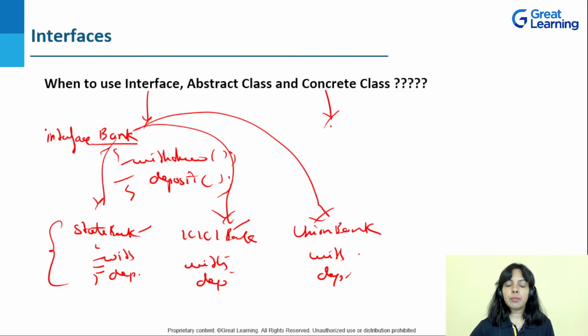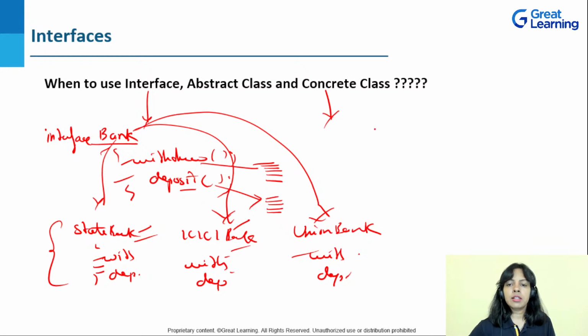Now in a concrete class, what happens is we know the implementation. Like, I know that for withdraw in the bank, these should be the steps of withdrawing money, and it is the same for all the banks, ICICI Bank, Union Bank, State Bank. Then there is no need of an interface. Here itself you write all the steps to be followed for withdrawing money. In all these banks it will be the same, so there we use the concept of inheritance. In deposit, if I know how the steps of depositing money are followed and the process is the same across all the banks, I'll provide the implementation code here itself. I don't need to make it abstract.